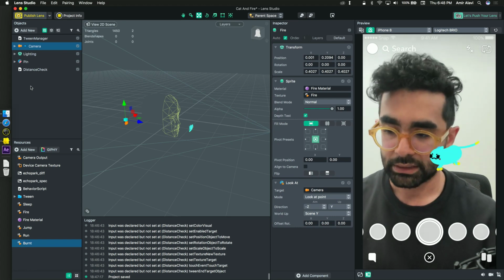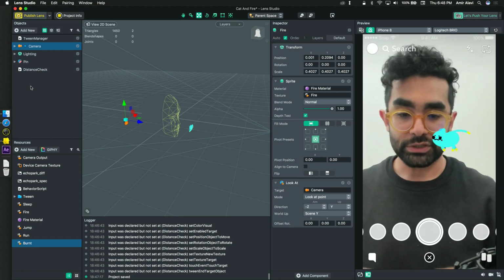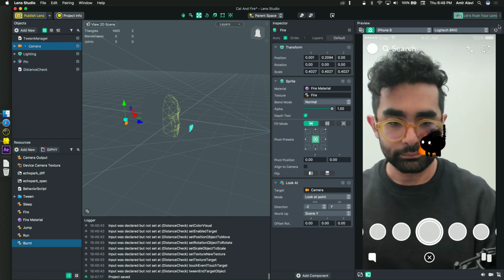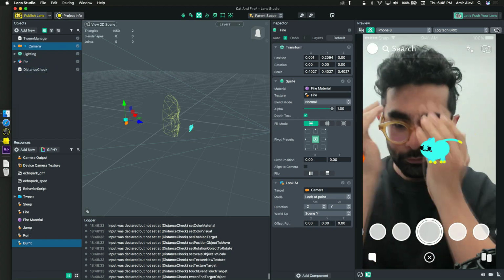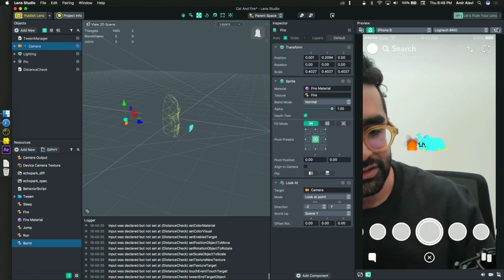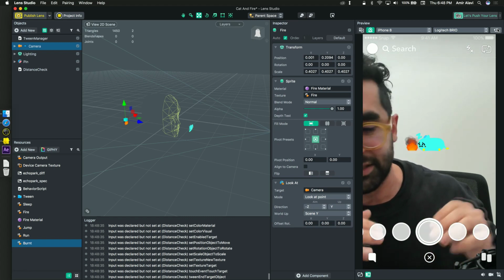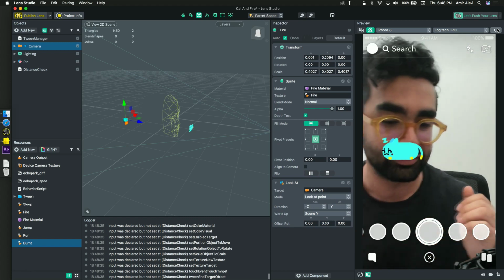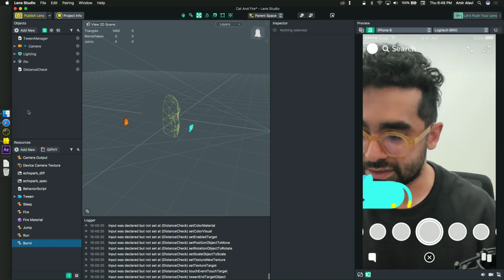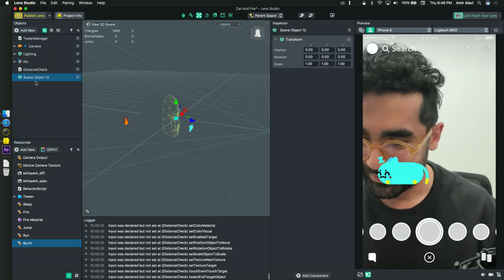Yes, exactly. So one more problem that I faced when I was creating the lens was when I cover my face, let me restart it. When I cover my face, oh, you can see it's showing everything behind me. I just want it so that when it's not finding a face, it hides everything. When it's a broken face, yeah, broken state. Exactly. What we're gonna do is create a new scene object in here,